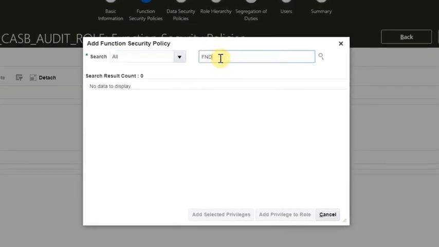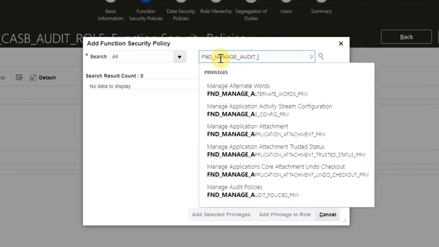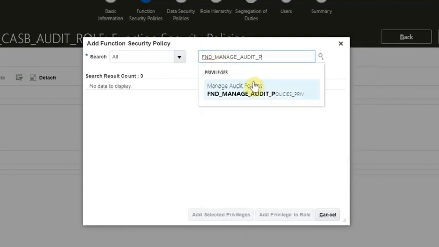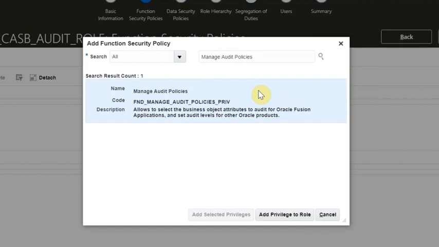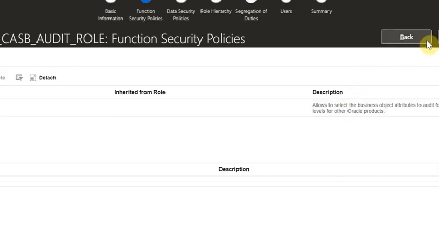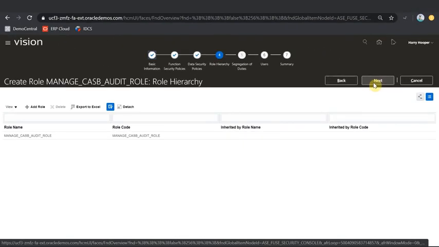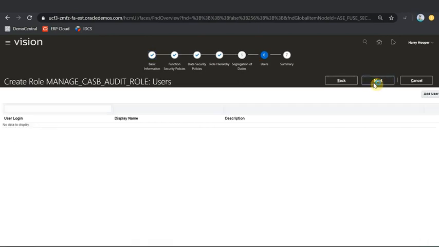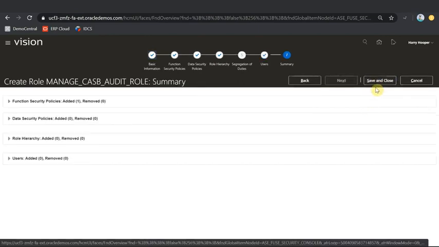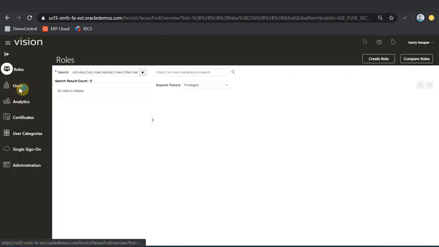Search for FND_MANAGE_AUDIT_POLICIES_PRIV and select Manage Audit Policies. Click Add Privilege to Role and click OK, then Done. Now keep clicking Next until you reach the summary page. Then click Save and Close and OK.